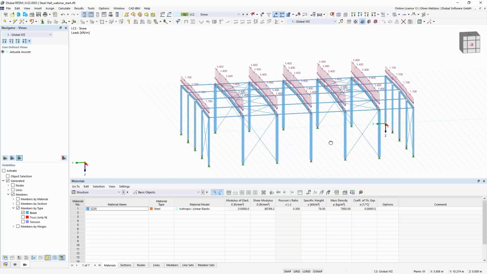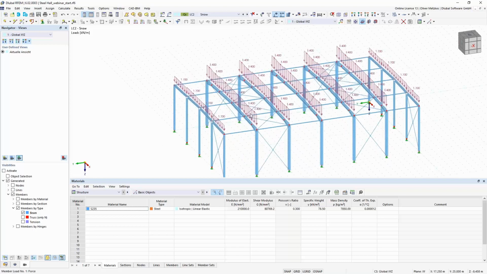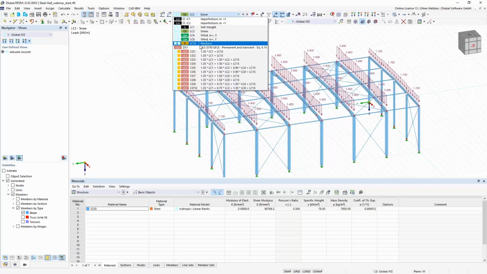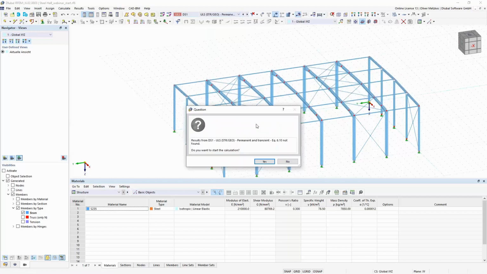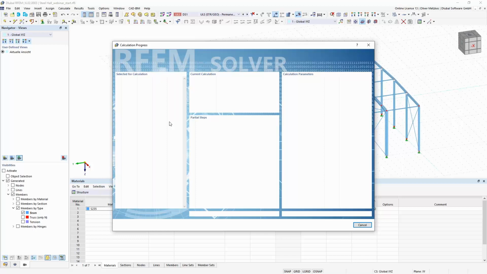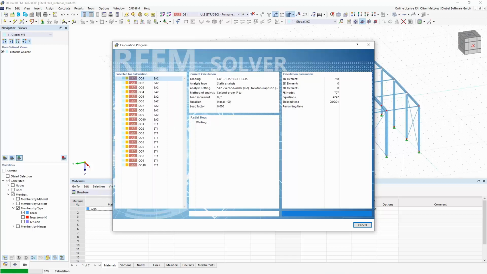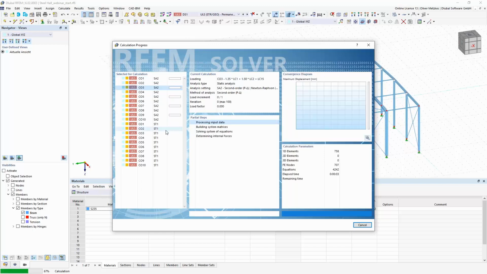Okay, so now I have changed those two settings, and I want to run now the stability analysis. I think we still have it activated from the example before. So if I calculate my design situation number 1, I have my 10 load combinations, static analysis, and then